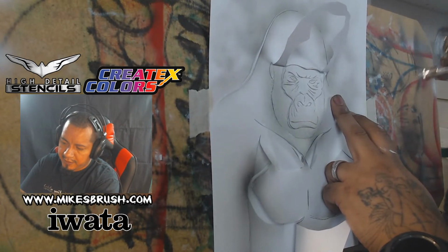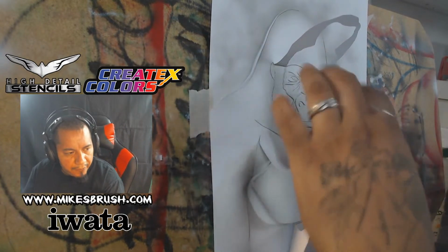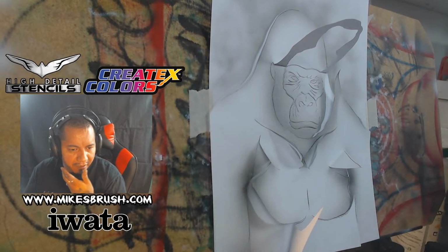So this is the actual shape of the gorilla, right? He has the actual shape, but if you look in that picture, he has like a beard, right? So his